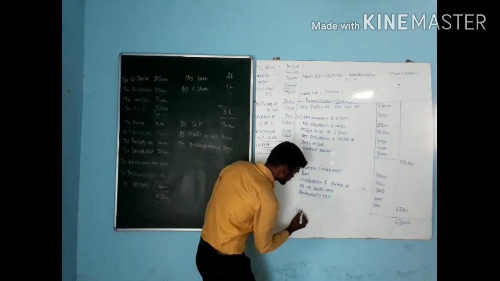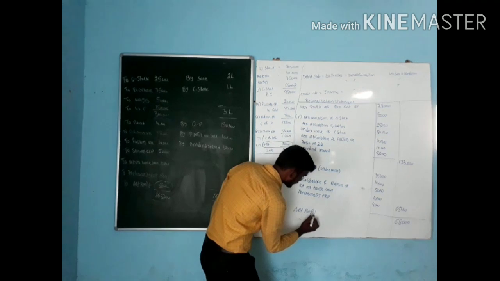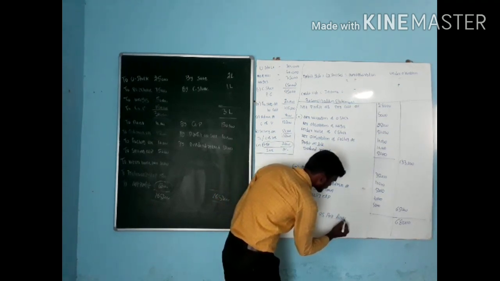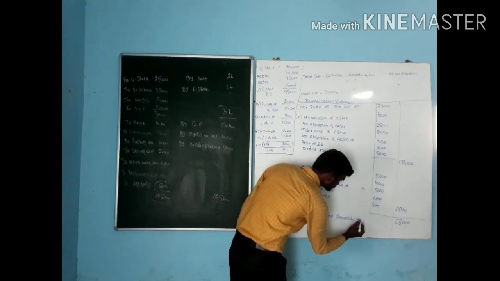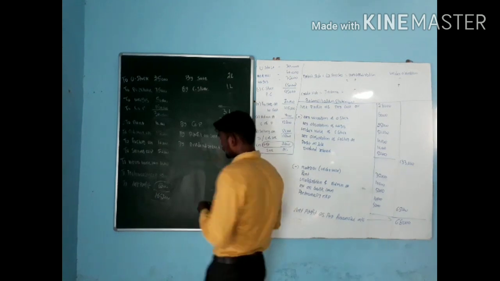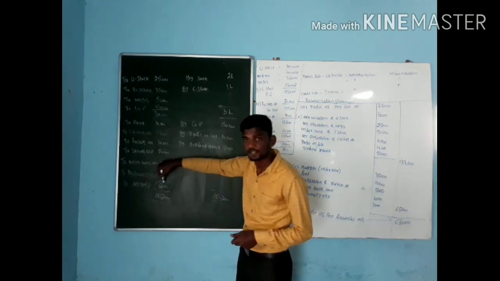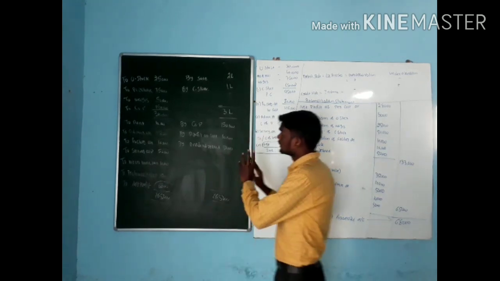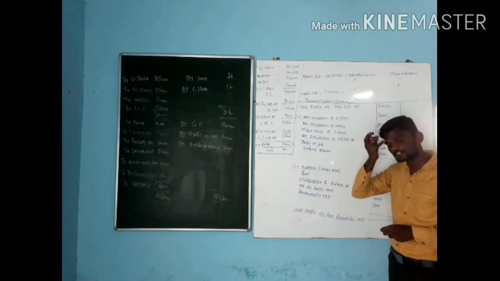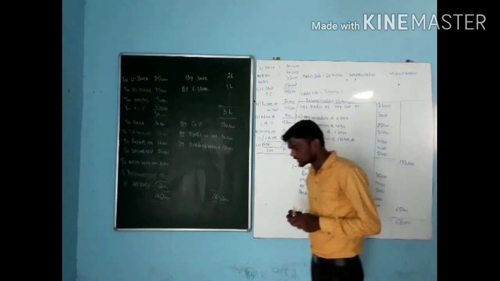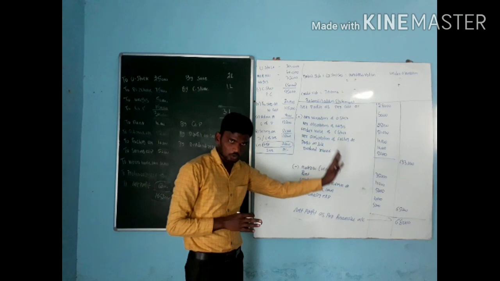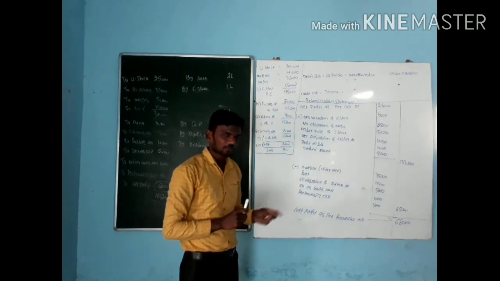That is net profit as per financial accounting. How much? 68,000. Even in financial accounting also, profit is how much? 68,000. This is how we need to go for reconciliation of both cost and financial accounting. But when it comes to the exam, they are going to ask both methods. Identify net profit as per cost accounting as well as net profit as per financial accounting.